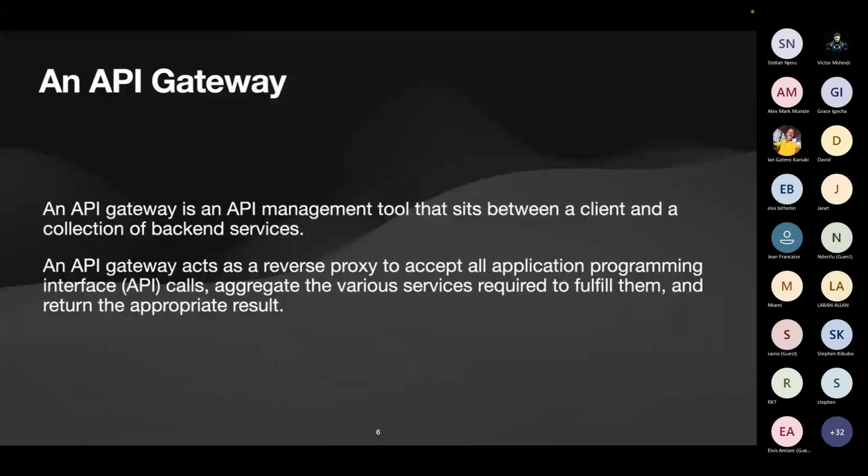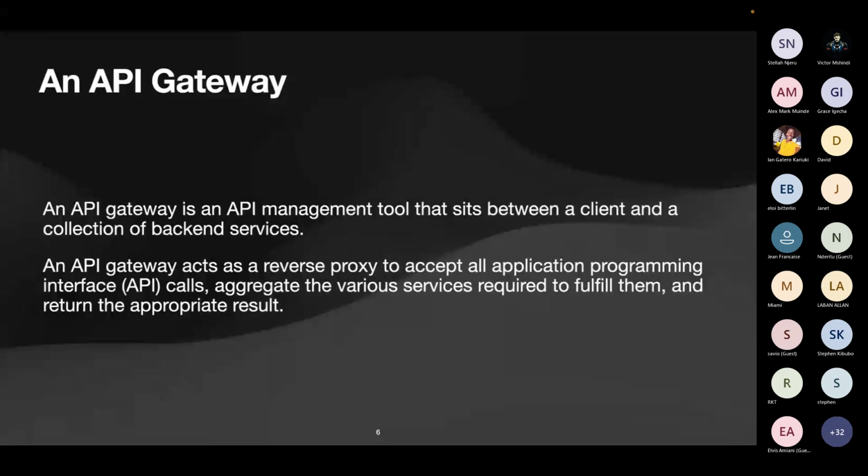You can also add other things like auth, rate limiting, and analytics. You can easily add new services, and you can also remove them, maybe deprecate or retire them, but the clients will still discover them in just one place.